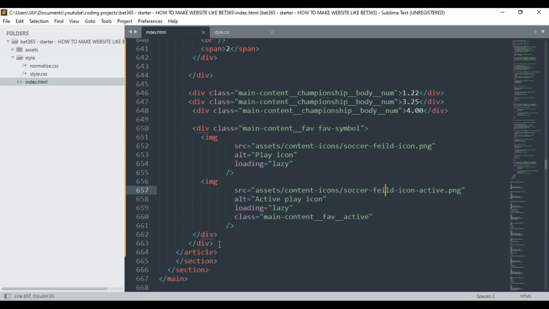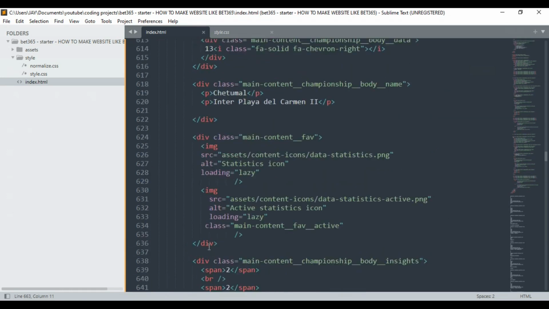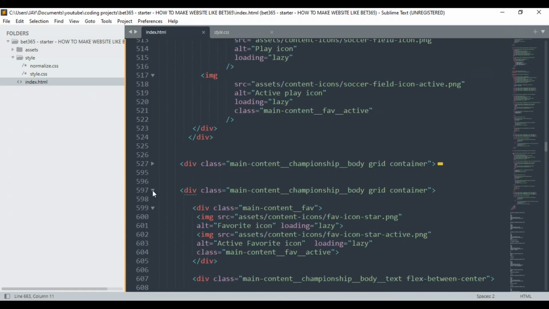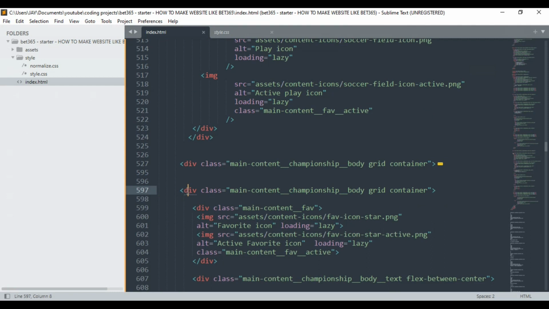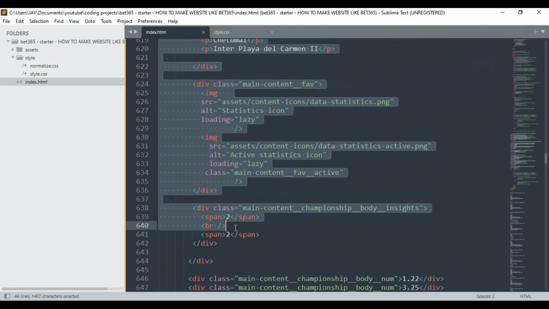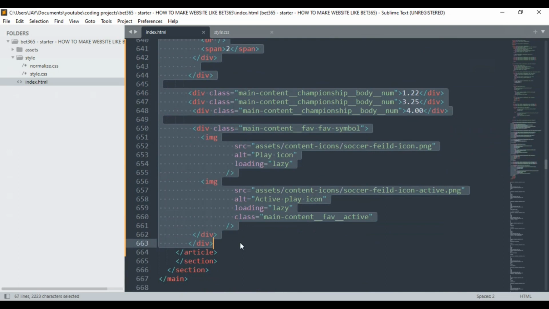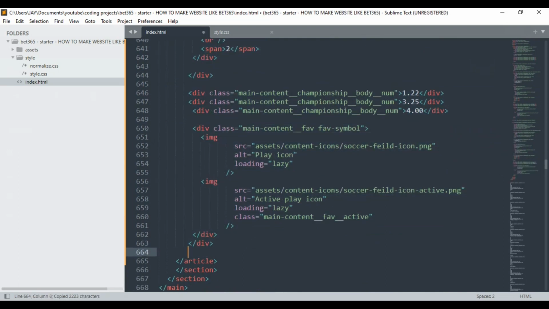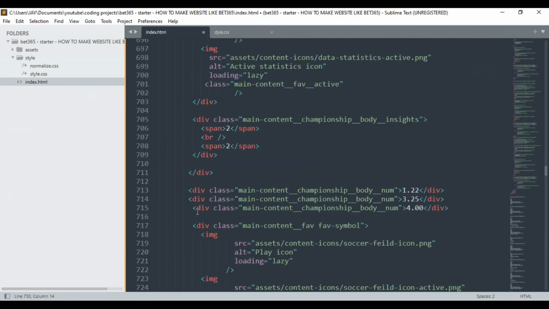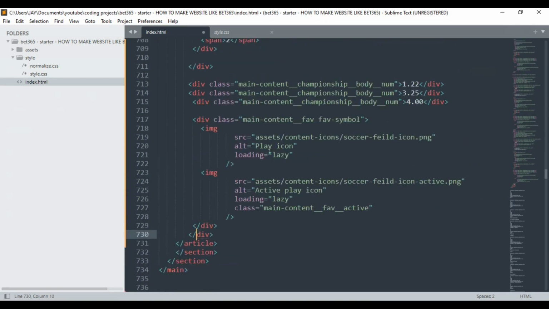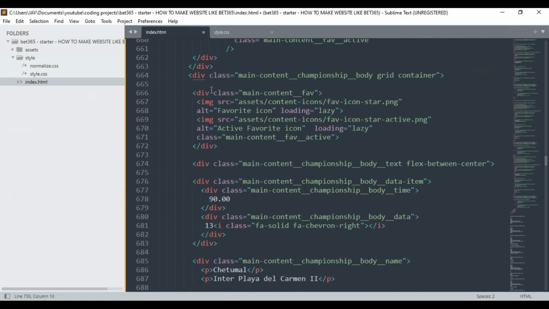Now we're going to take this closing body, this body grid class name, to where it was, so that we can duplicate it again. Now we just have to make sure that you're in the corresponding div by clicking there. Sublime Text will direct you to the opening div. So for the